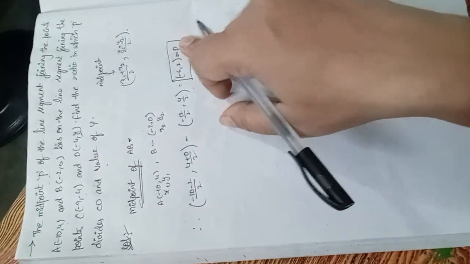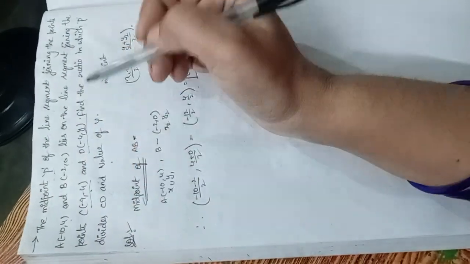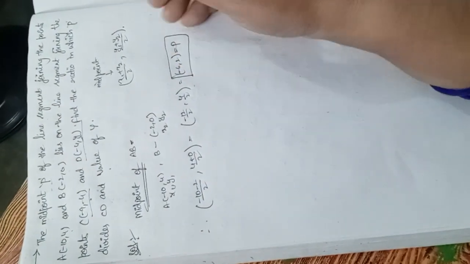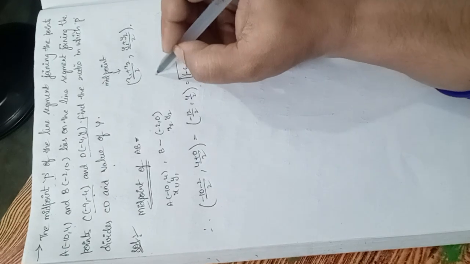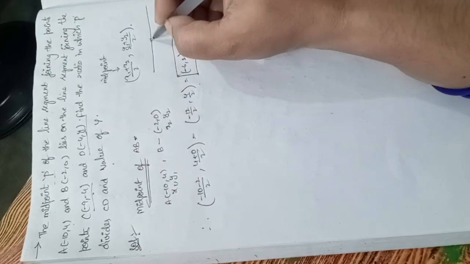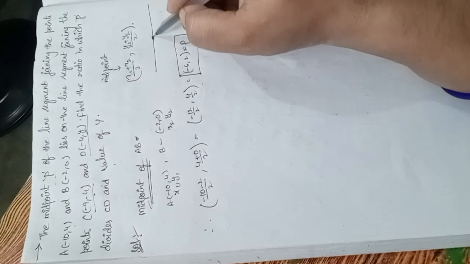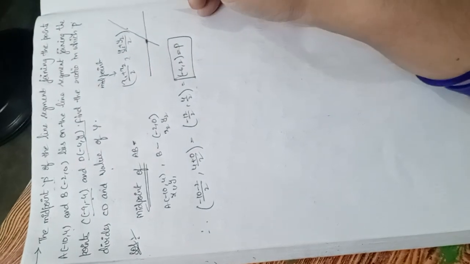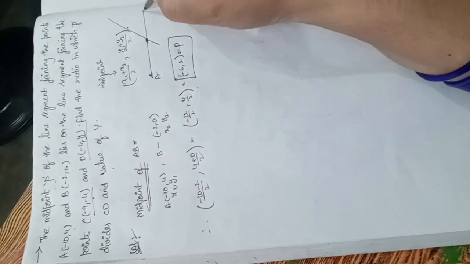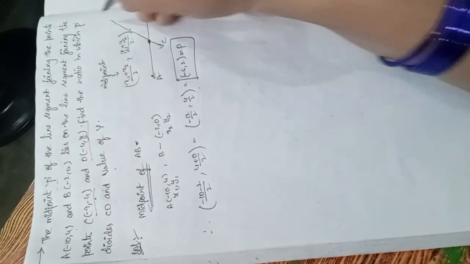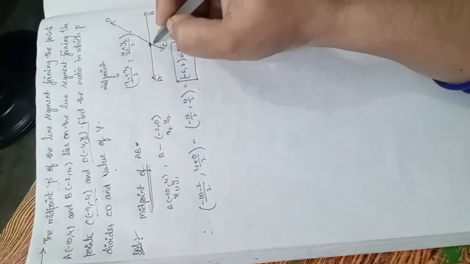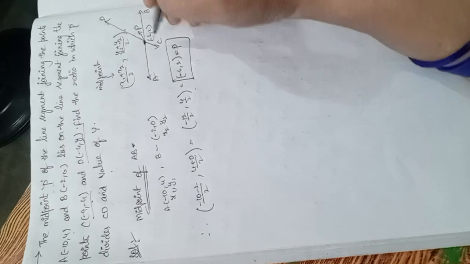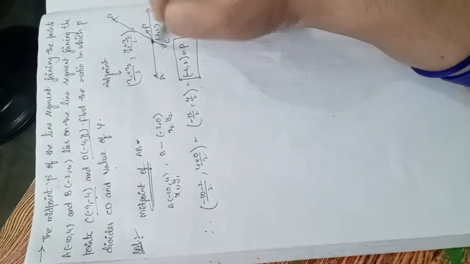And this point P lies on the line CD. So that means, for example, one line segment is there like this. This is the midpoint if we take, and this midpoint lies on the other line like this. Take this as AB and this as CD. This is the midpoint (-6, 2) we got. This is P. Now this point lies on CD.